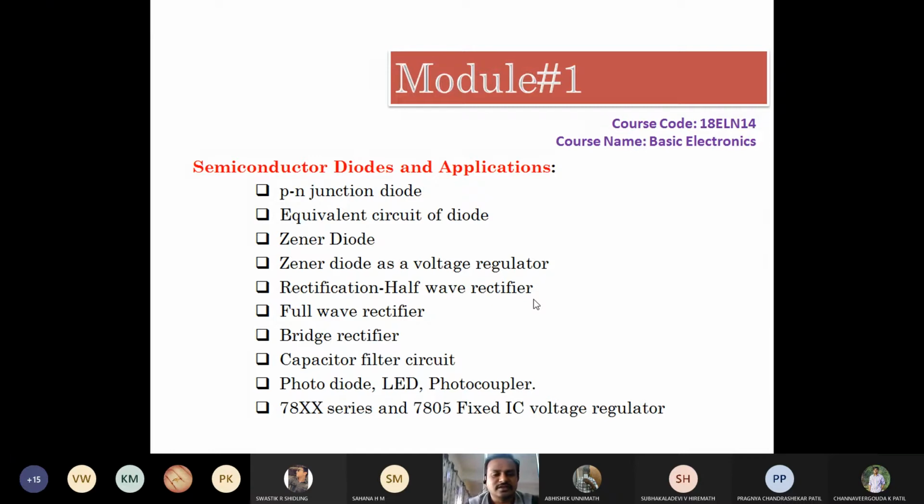It is a diode which is going to work on light energy, that is photodiode, light emitting diode, LED, and photocoupler. And as we are talking about the voltage regulators using Zener diode, some more components are there which are introduced with ICs. So IC voltage regulators, example is 7